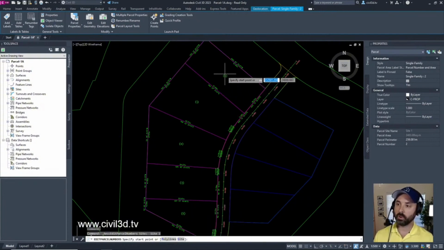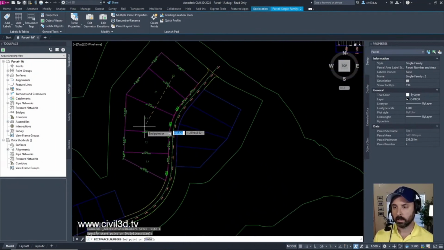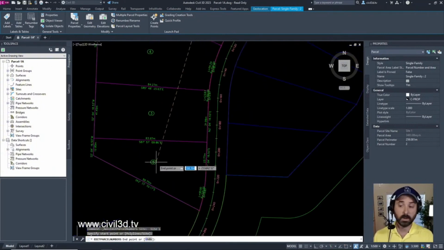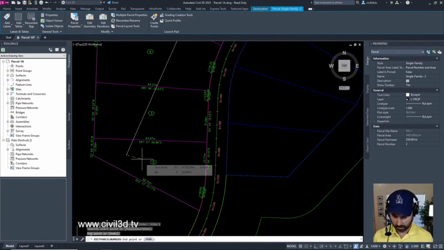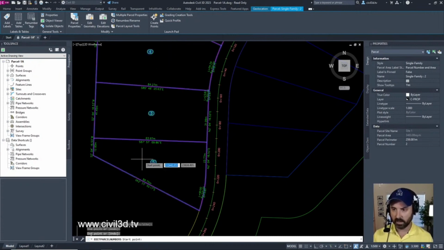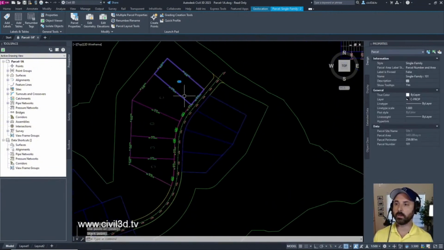What I'm going to do is I'm going to draw a line that goes through all of these lots or parcels. So I'm going to start here at 2. See how I can click and go all the way to the end, like so. I'm not even going to click on the label. I'm going to click somewhere inside of my last parcel, right here. Pick the endpoint, press enter to accept that. Press enter one more time, and there we go.